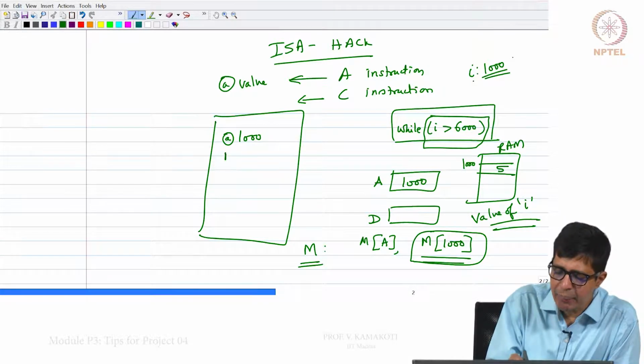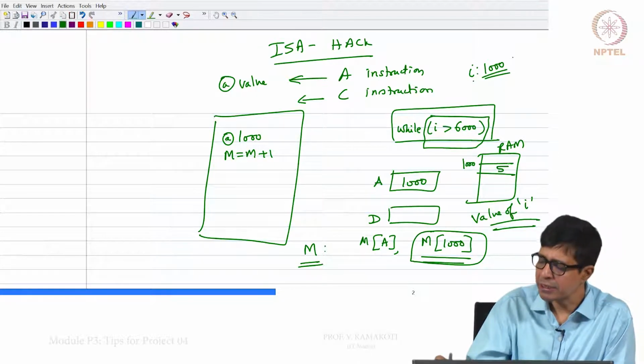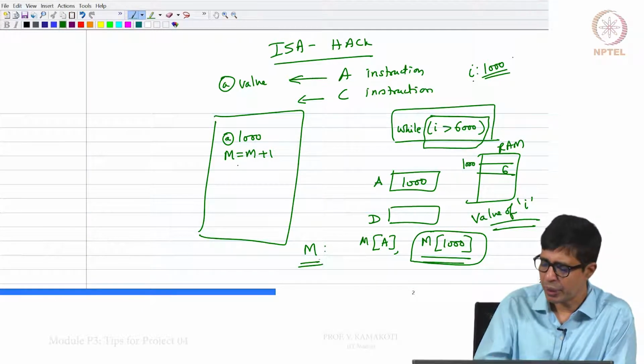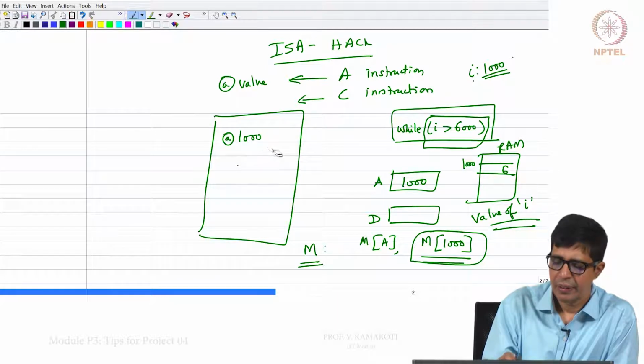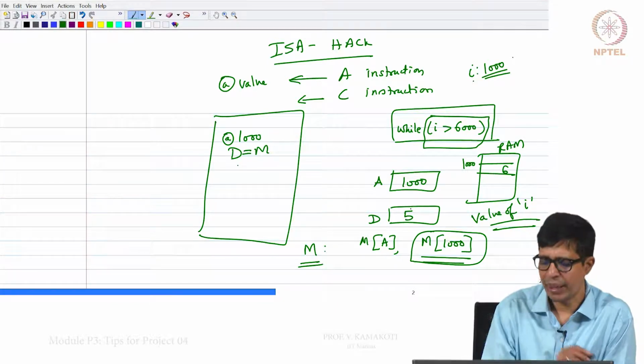So if I say M equal to M plus 1 here, what essentially happens is your 5 now becomes 6. M equal to M plus 1 means your i actually becomes 6. If I say D equal to M, essentially that means the register D gets the value of i.